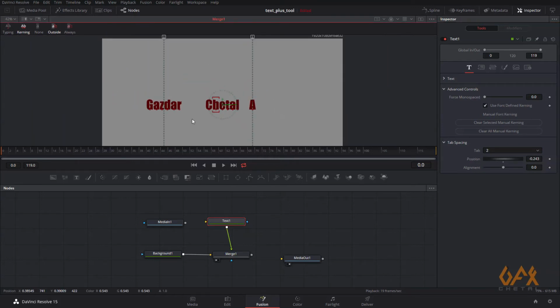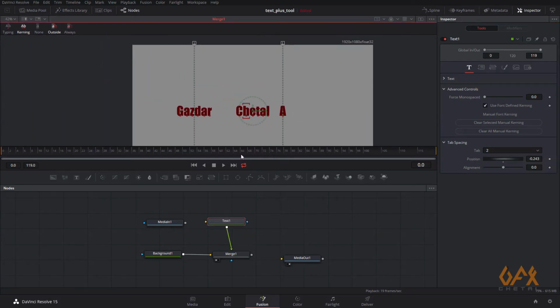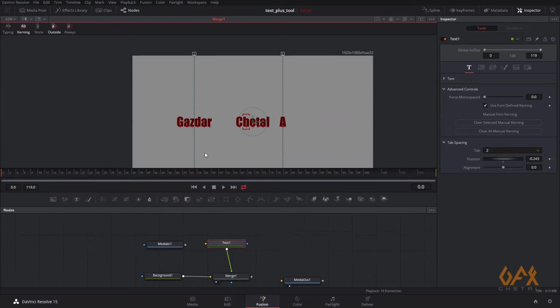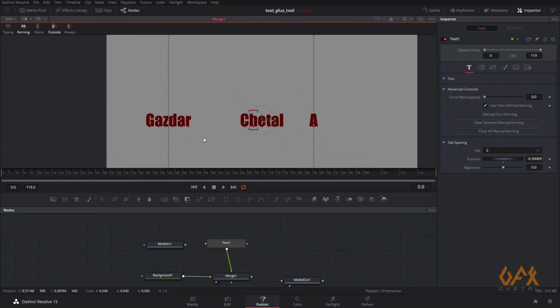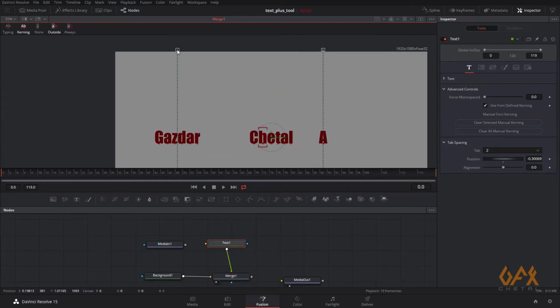Even the best thing is that you can change that particular stuff by using this green line, and even you can align those by clicking over here, that is left alignment, right alignment, center alignment for each tab.